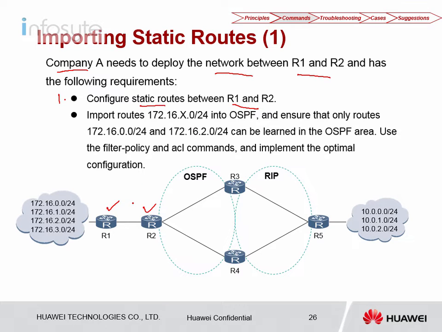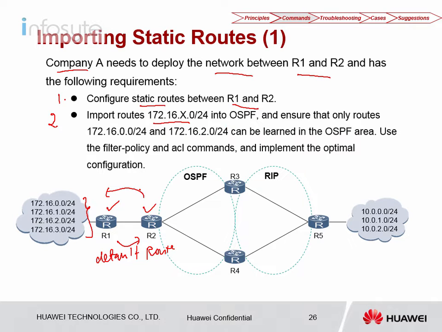So this can be very simple. R1 is going to point a default route to R2, and R2 is going to specify the specific route pointing to R1 as a gateway for this entry. So that will be the first requirement. The second requirement is to import route